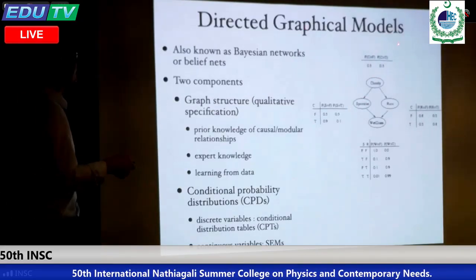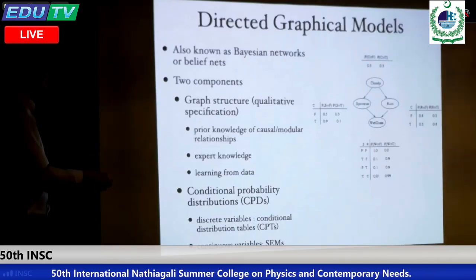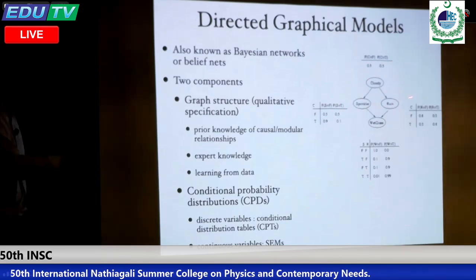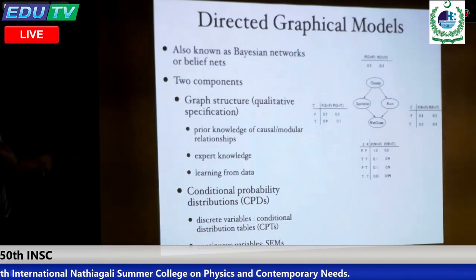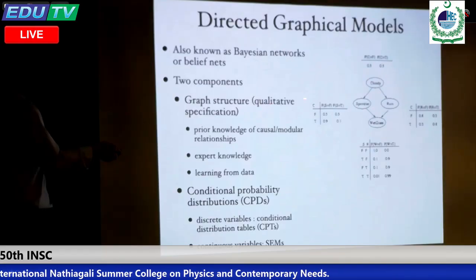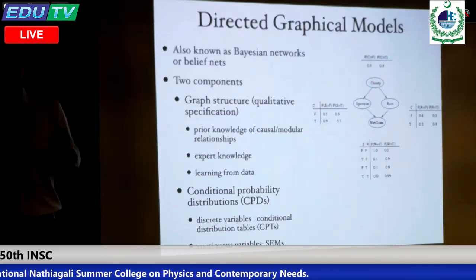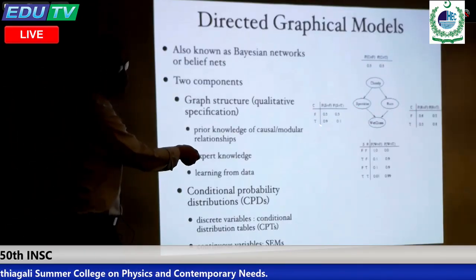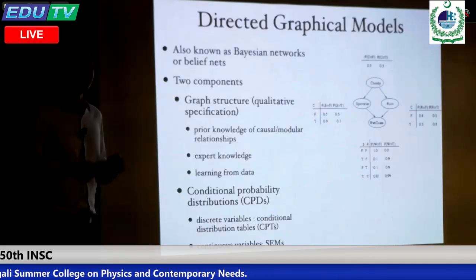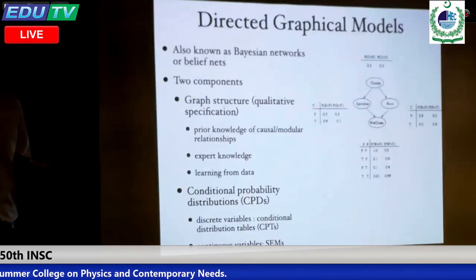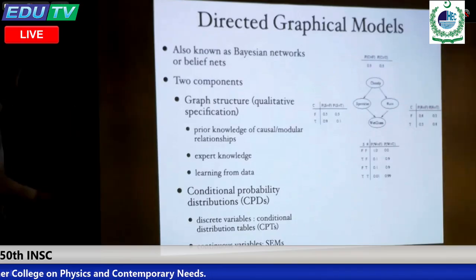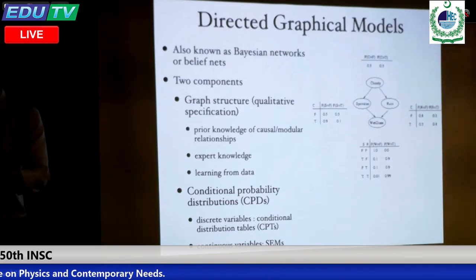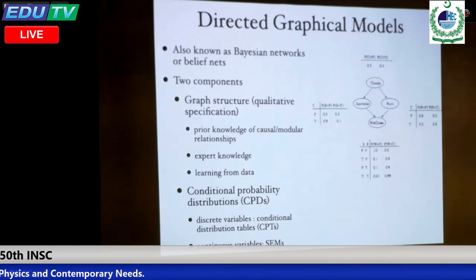Okay, so here you can see an example. This is the directed graphical model, also known as a Bayesian network. As you can see from here, there are two components. One is a graphical specification, the graphical model representation. So the graph structure, this is qualitative information. I have a structure. And the other is to specify the conditional distribution information. Here, I consider discrete variables, so I just have the conditional distribution table, right? And in the linear case, you can have a regression model to specify the conditional distribution of one variable given its parents, right? So if you have the two, then it's a graphical model. You have a graphical representation together with a probabilistic model to specify the conditional distribution. That's it.